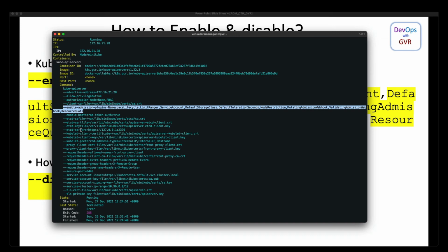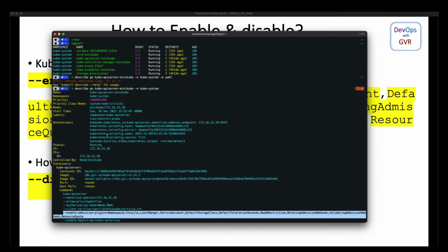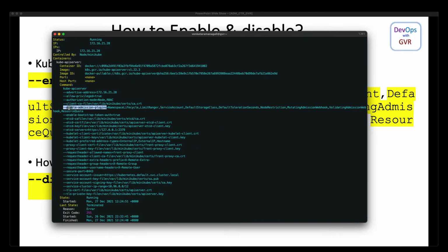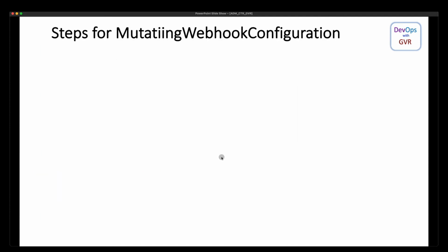If you want to add one, you can go and edit this kube-apiserver YAML, which is located in /etc/kubernetes/manifests, and modify the static pod YAML so that you can add it here. That's what this particular slide is about. So let's go to the next one.